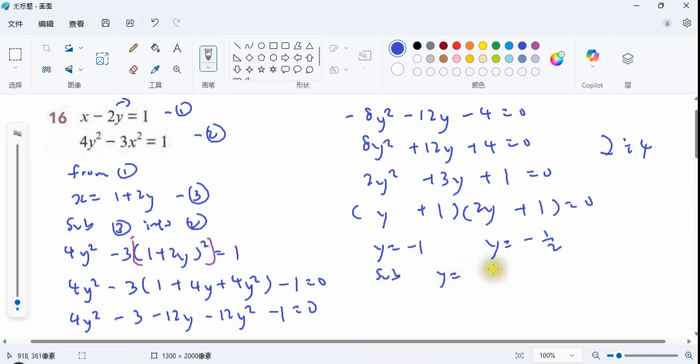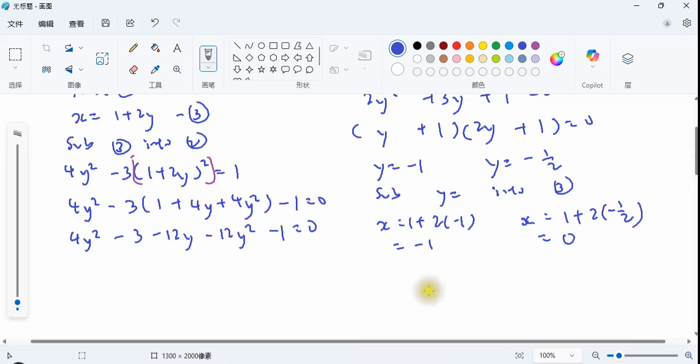So we sub the value of y into equation 3. Then the x is 1 plus 2 times negative 1, and then the x equal to 1 plus 2 times negative half. Then it's 0 and negative 1. So when x is negative 1, y is negative 1, and when x equal to 0, y equal to negative 0.5. Okay,